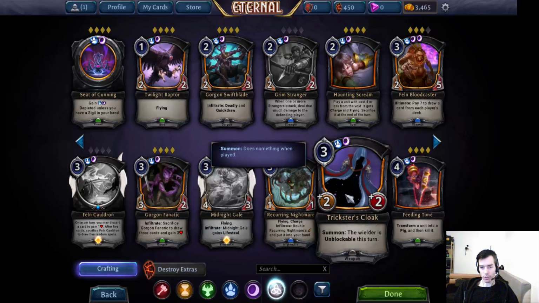Next we have Trickster's Cloak, another card that's usually not suited for Constructed just because it's a bit underwhelming and nothing that Constructed decks usually look for, especially in those colors. But in Limited it's a pretty good 3-drop weapon that synergizes well with the infiltrate cards of the combination. For example,